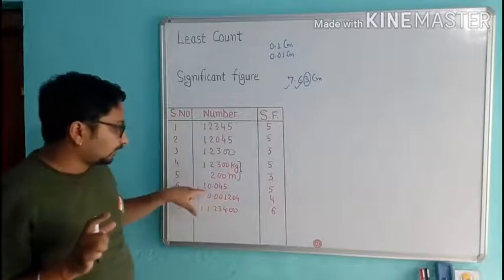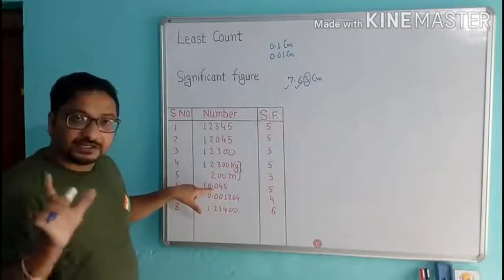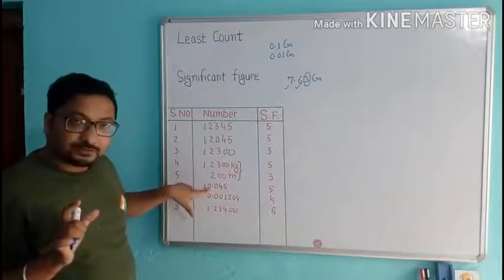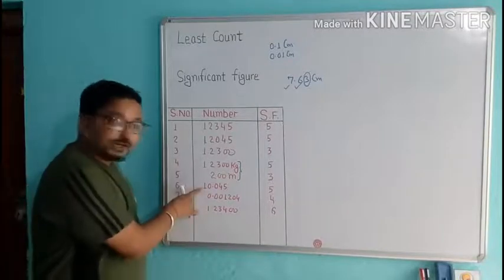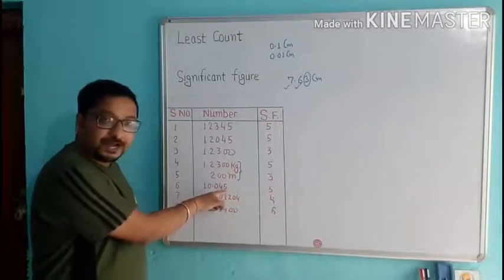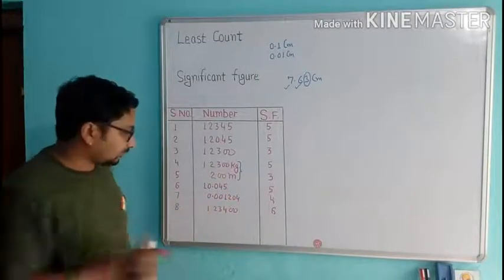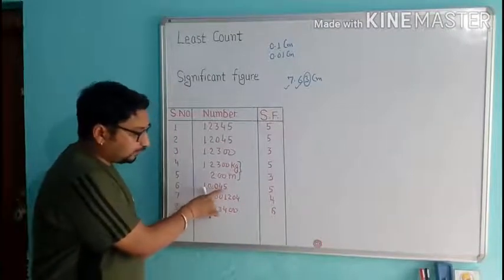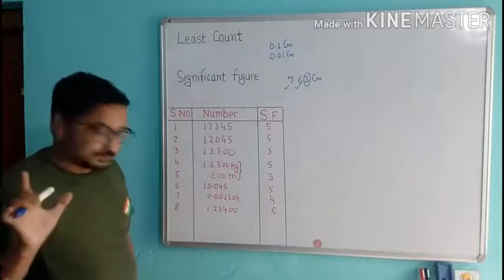Okay. Now, next. Here are the examples of decimals. Now, there are zeros, but the zeros are in the middle. Here is 1 non-zero number and here 5 non-zero number. So we count every number, irrespective of the decimal. 1, 2, 3, 4, 5. So there will be 5 significant figures.